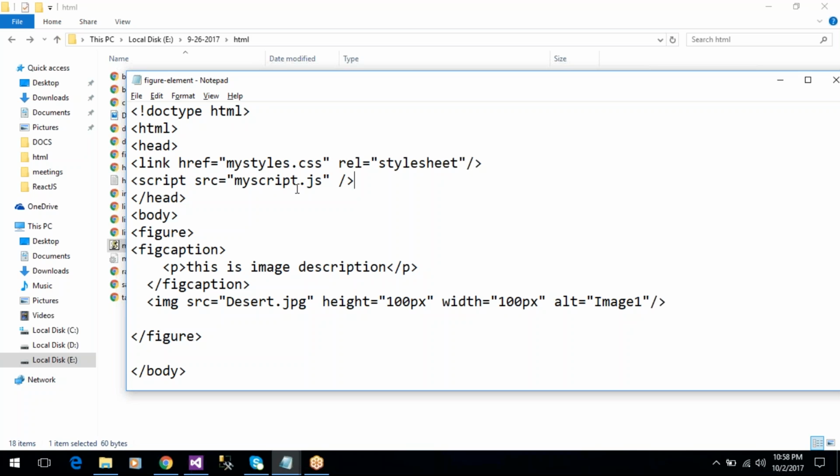So in the HTML file, in the latest version, there is no need to specify the type attribute. In older versions of HTML, it was compulsory to use the type attribute to specify the file type. So now